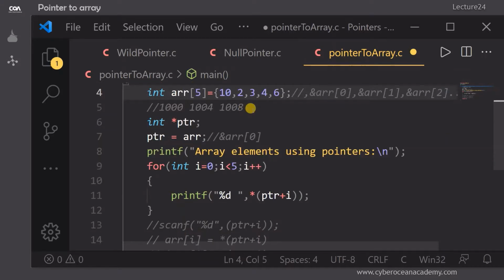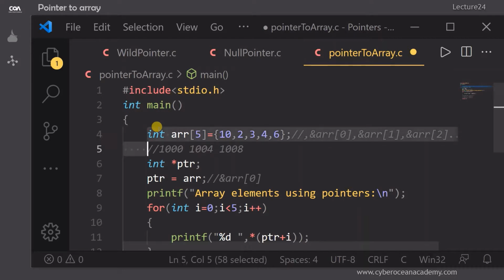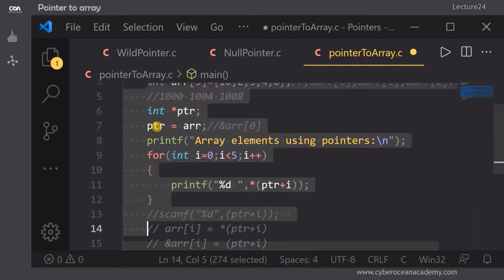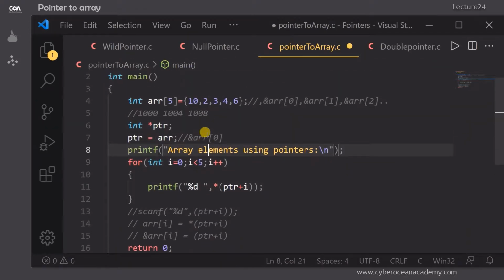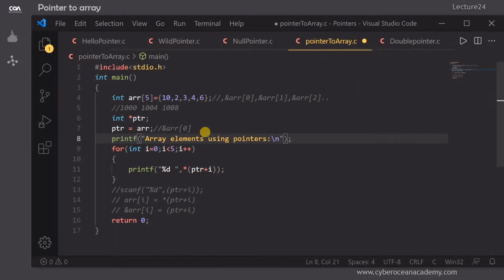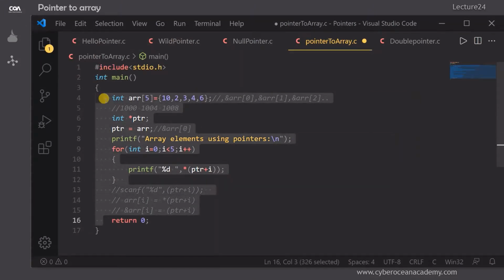So here I'm just gonna delete all this part, and if you didn't make a note, I'm just gonna zoom out. You can make a note or take a screenshot here. Okay, so I'm just gonna first delete all these things. Now